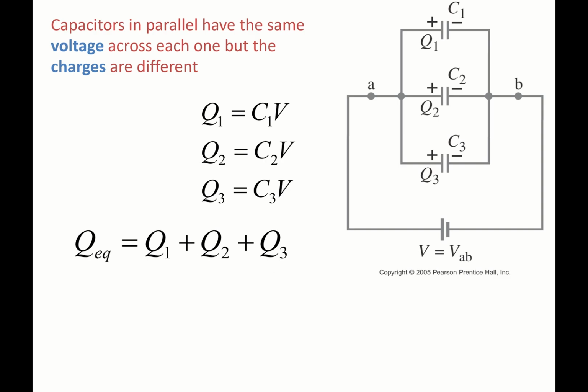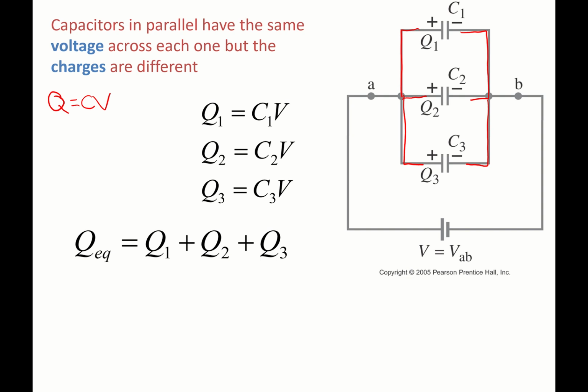So capacitors that are hooked up in parallel, well, if they're hooked up in parallel, the ends are connected just with wire, same as we said for resistors that are hooked up in parallel. There's only wire between any of the ends. And that means that the voltage on each one is the same. So the voltage on each of those capacitors, C1, C2, and C3 is the same. But the charges are different because remember our equation for a capacitor was Q equals C times V. So Q1 is equal to C1 times V, Q2 is equal to C2 times V, and Q3 is equal to